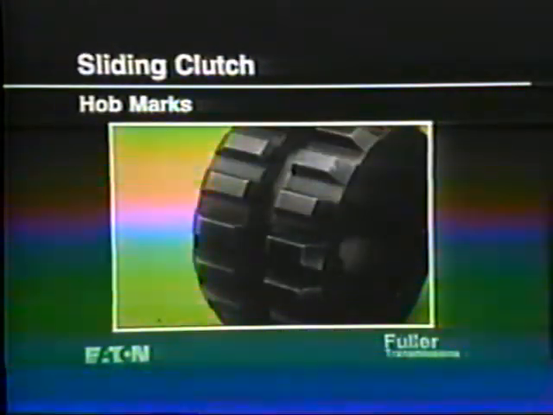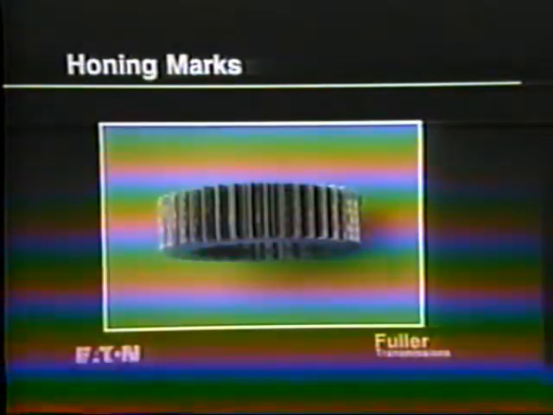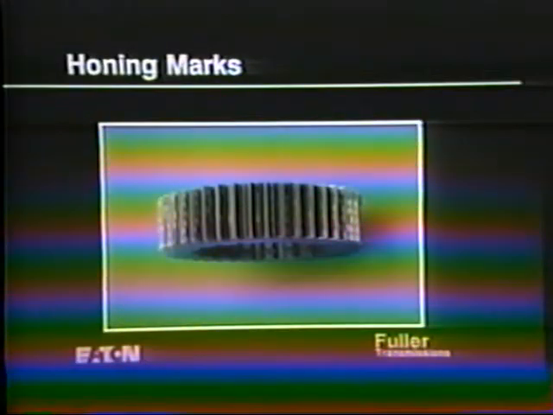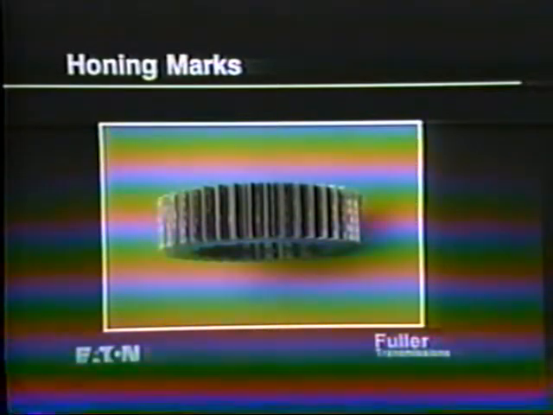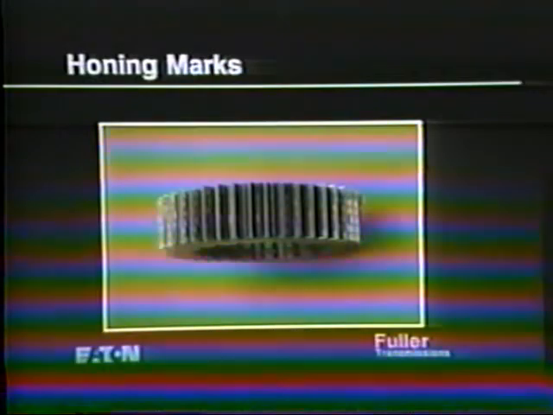Sliding clutches are not shaved, so the hob marks will remain on the teeth. Some Fuller Transmission gears are honed after heat treatment to improve the finish on the tooth faces. The honing process will remove some of the shaving marks, giving the gear a used look. The appearance will vary from teeth in which only a small portion appears polished to ones where the entire face